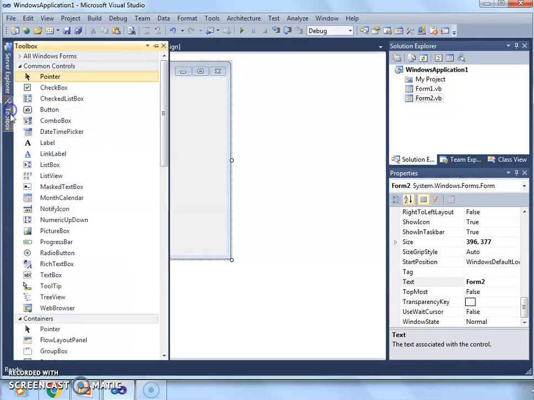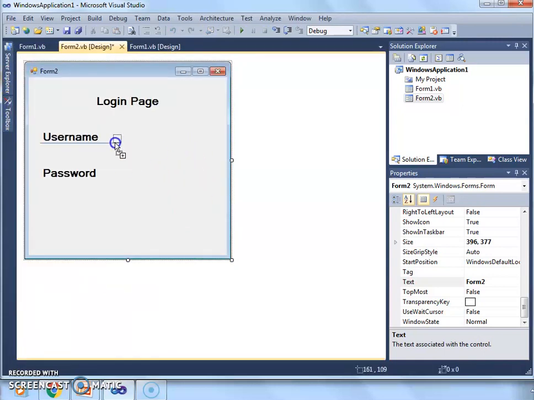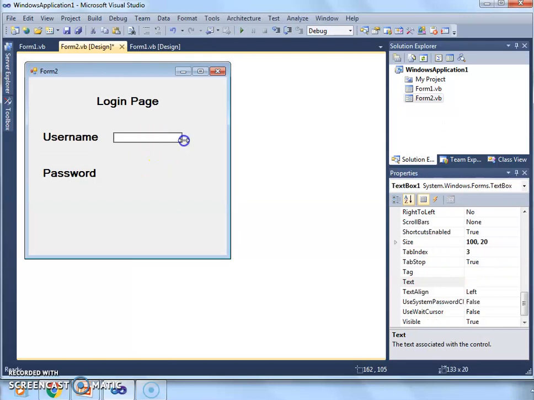Then we drag and drop a text box control. This is the text box control. Now we copy and paste another text box control.